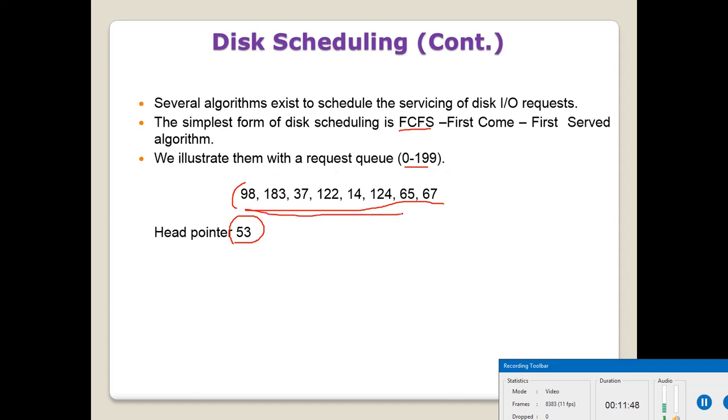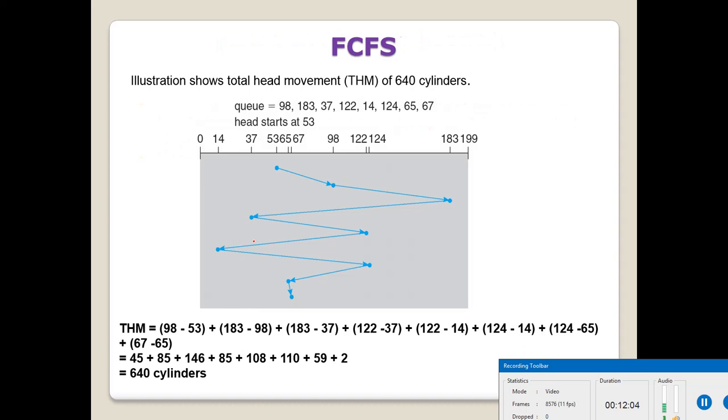These are the numbers of the cylinders, or we call them the addresses of the cylinders, and where the current head pointer is. In this example, the current head pointer is at cylinder number 53. Now, how will the first come first serve algorithm be done? At the end we need to calculate the total head movements, how many times the head has moved. The head is initially at 53. According to first come first serve, it will serve the queue in the order of the request.